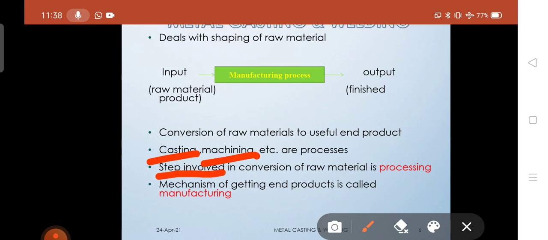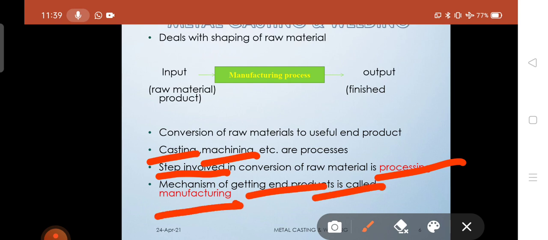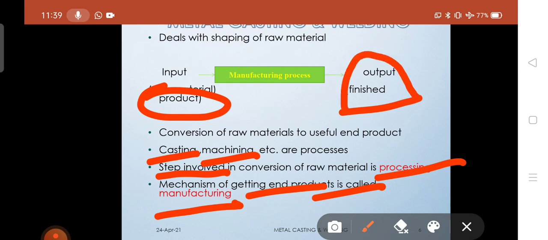What are the steps we follow to convert any raw material? That concept is called processing, and the mechanism of getting the end product is called manufacturing. Once we convert this raw material to a final product, that process we call manufacturing. Now move on to the next slide.